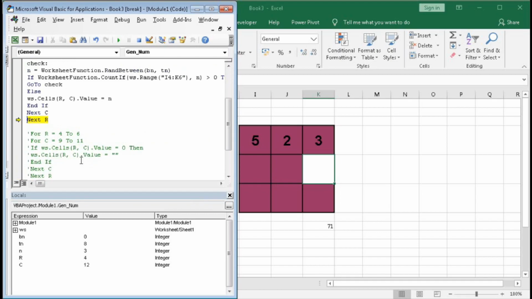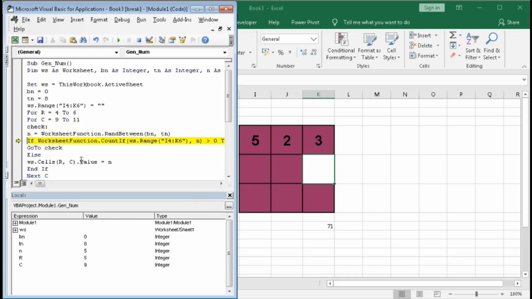And in this way, it will continue to check every cell. So now again here n equal to 5. So it moves the value to check and it's checking again. So it becomes 0. So now it will put as 0. And again it will move to here n. Now n becomes 5. So we already have 5. So the value of this will be greater than 0, and it will move it to check. You can see here, go to check.